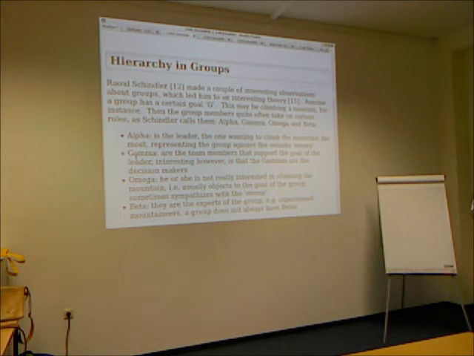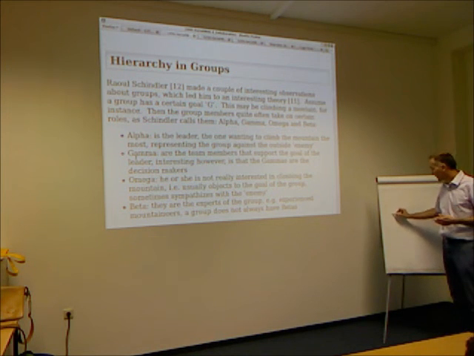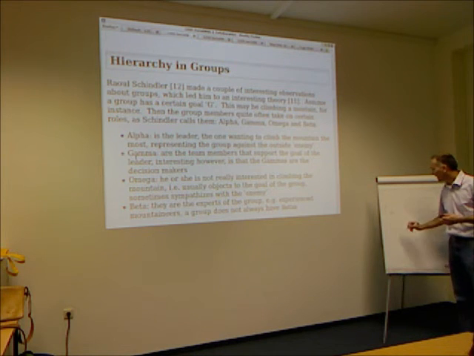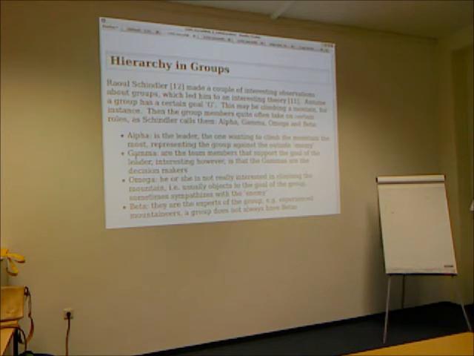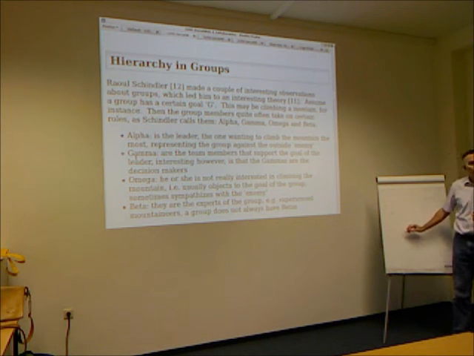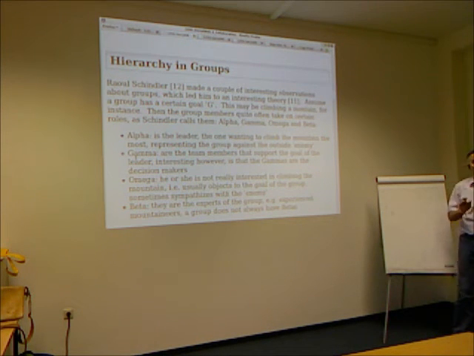And interesting is that you may not believe that, but the gammas are actually the decision makers. So these are all the gammas down here. Then we have one guy who is the alpha. Usually it's only one guy. So the alpha has special capabilities or whatever. And it is the gammas who decide who is the alpha. So the alpha usually is the one who really wants to climb that mountain, really in favor of this goal, and the gammas decide, hey, this guy will be helping us and will be good for us, and this is the leader. So we got this alpha guy.